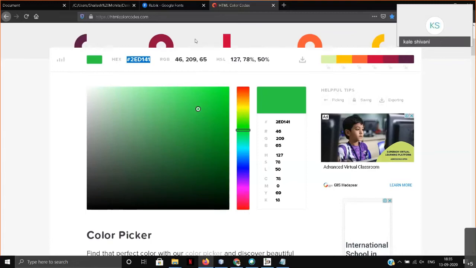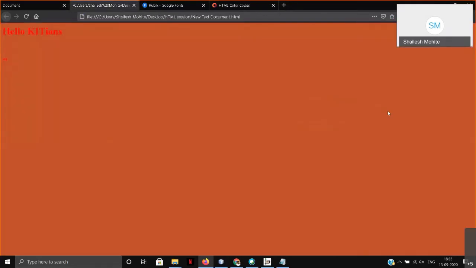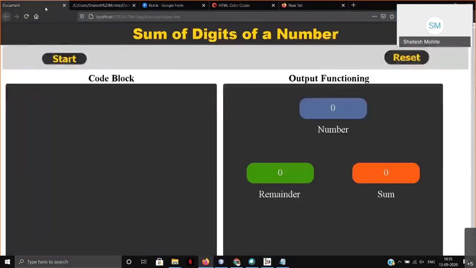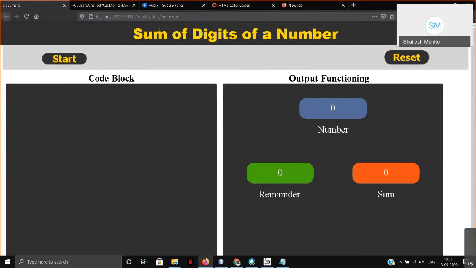Okay, no issues. Now you got the concept of this color. Then, go above. Okay, yes, it's gone above. So these two tips I wanted to tell you. It's not possible to cover all the tags, so I don't give you the entire overview of all the tags here.